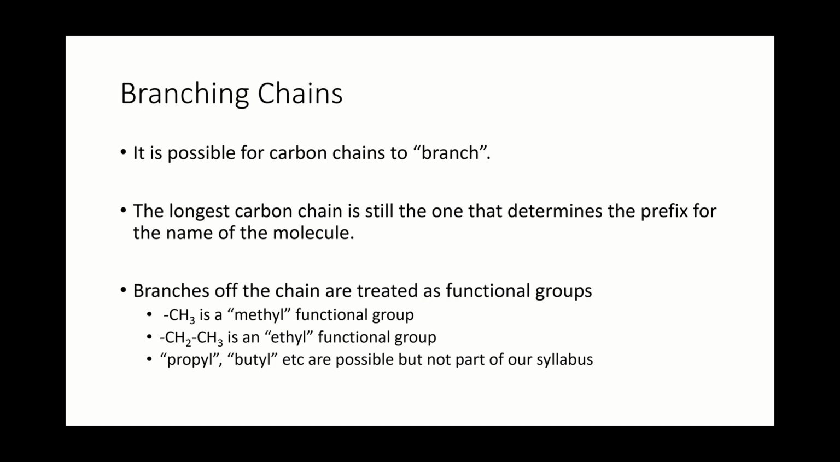CH2-CH3, which is simply a 2 carbon long chain, is an ethyl functional group. And then we have propyl, butyl, etc., but we're not really going to come across those as part of our syllabus. So the key ones to remember are methyl and ethyl functional groups, just like the name of the band